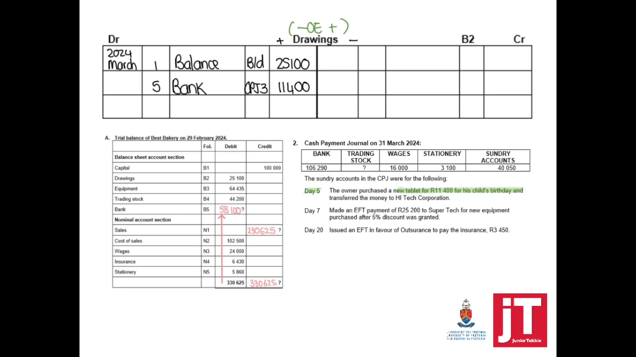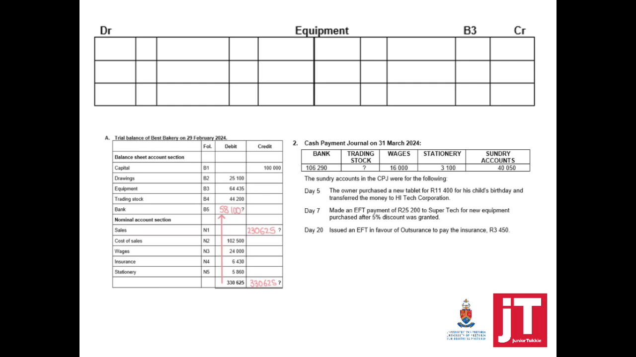The next step, there's nothing on the credit side, so we can just draw a line and we can total it. Equipment is regarded as a current asset, which means that the opening balance, the balance brought down, will appear on the debit side. Now we need to see, we've looked in the cash receipts journal, there was nothing, but in